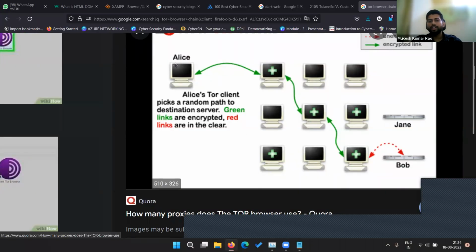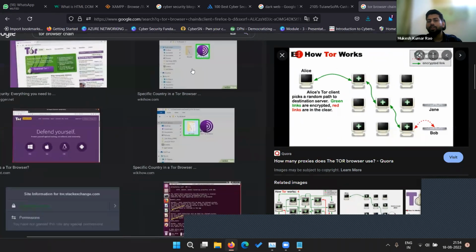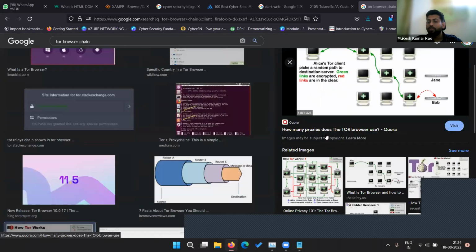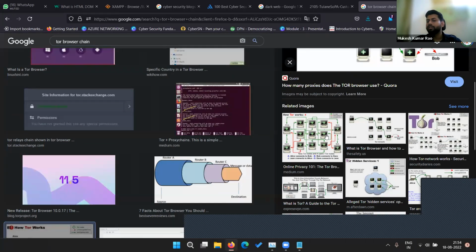In a normal browser, what actually happens is it jumps directly from the user end to the server side, so we get the ISP, that is, the public IP information, and through that we can track or find more information. But in the Tor browser, it jumps in 3 steps, so the exact location of the user cannot be found easily. We require time and some tools to track. That is done by investigators, police officers and agencies. So that's how the Tor browser and dark web work.